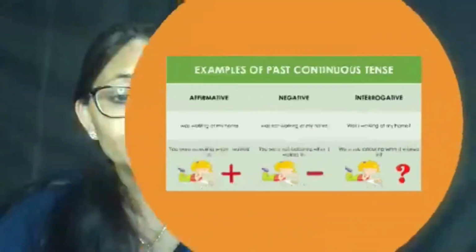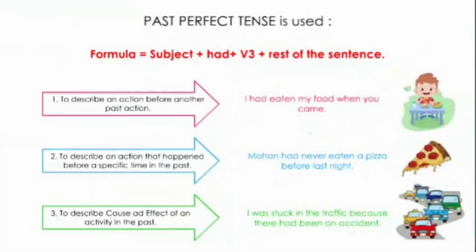Let's proceed. Next type is past perfect tense. Now, past perfect tense and present perfect tense, there is a little difference between these two topics, which we shall try to understand with the help of an example. Suppose you are in your class at tiffin time, and you want to go to your friend who is in another class, so you want to have tiffin with her. So you take your tiffin, go to her class, but you see that she has already eaten her food. Now how will you say? I came to eat with you, but you have already eaten.